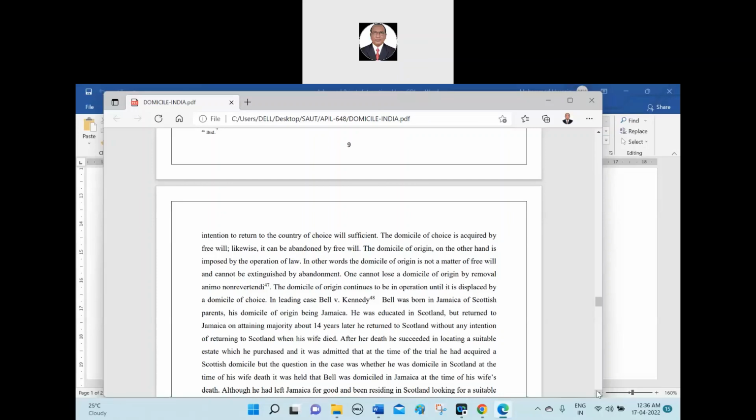So the domicile of origin, on the other hand, is imposed by the operation of law. In other words, domicile of origin is not a matter of free will and cannot be extinguished by abandonment. If the domicile of choice is ceased, then automatically the domicile of origin will come into the picture. The domicile of origin continues to be in operation until it is displaced by the domicile of choice. In the case of Bell versus Kennedy, it is one of the classical case laws. You might have read it, like Udny versus Udny. It is one of the classical case laws where we can